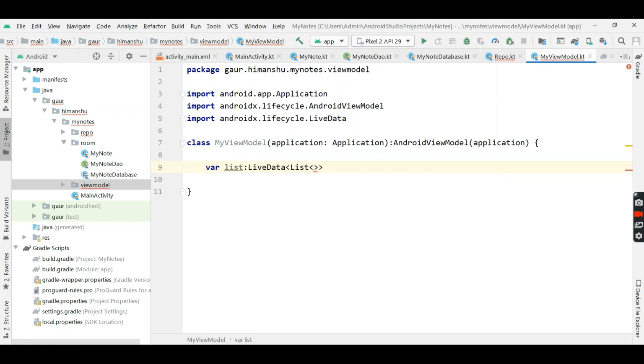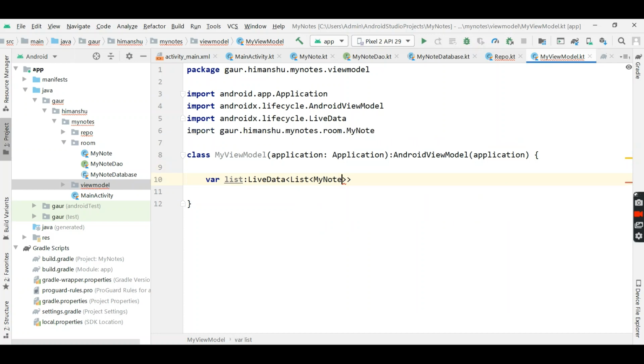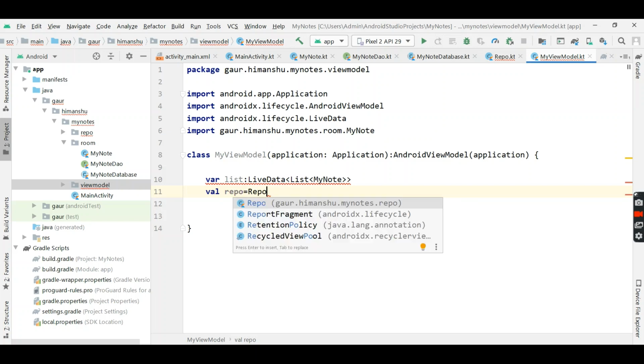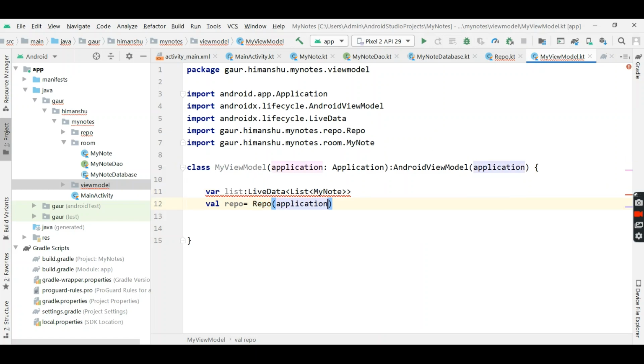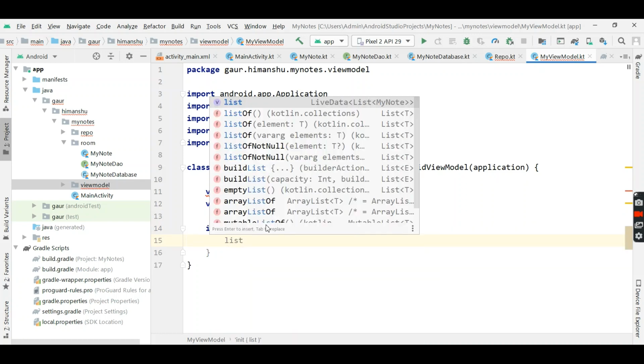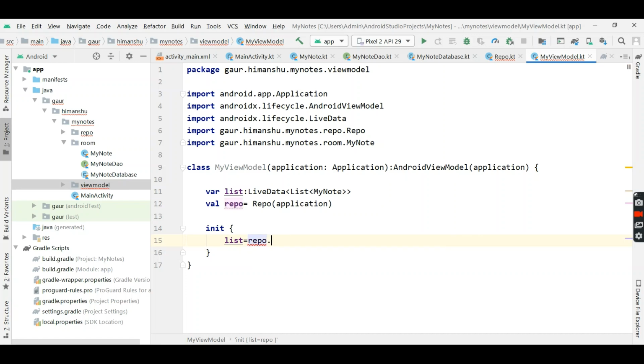So list and my node, and create a second variable of our repo and initialize it by passing this application. Just import it by pressing alt enter. So we create an init, and by using this our repo we will initialize it. Okay, now it is initialized this our list.